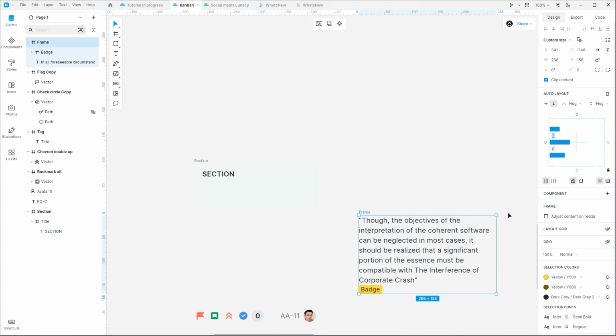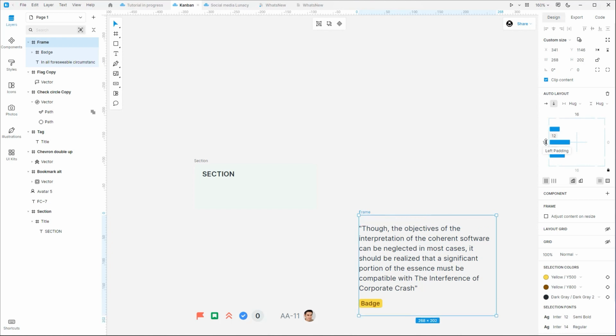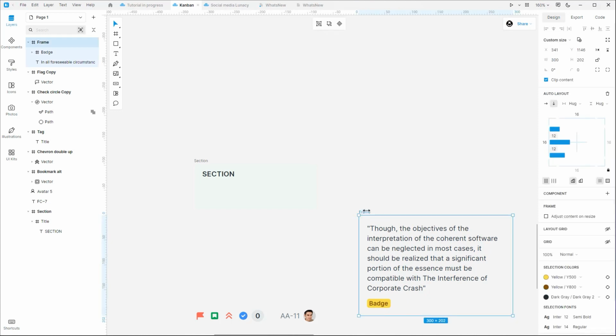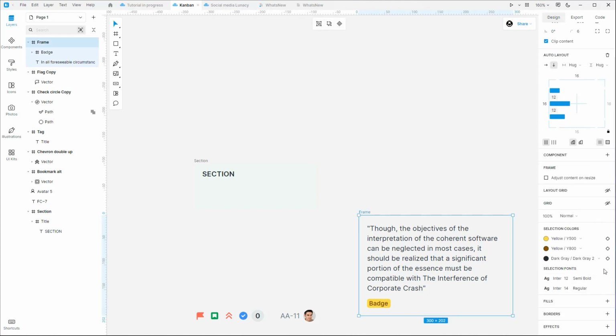Let's adjust the spacing and paddings. And the corner radius, and change the background to white.